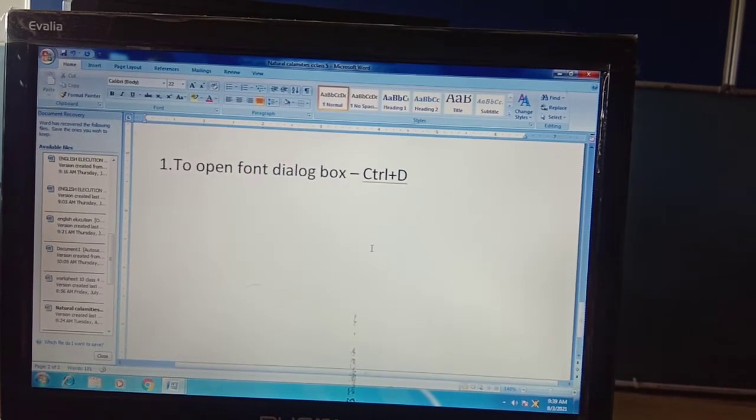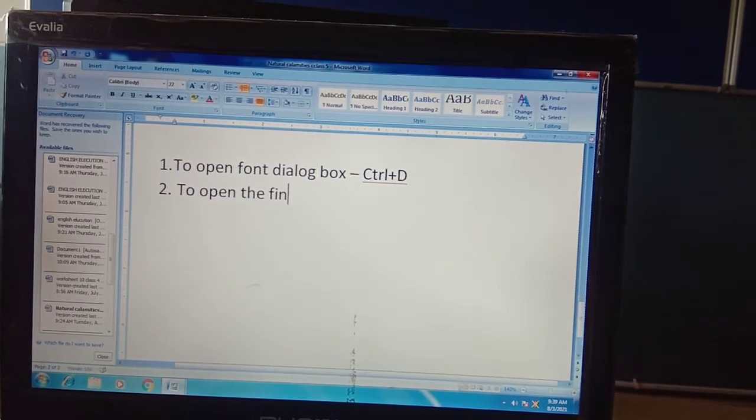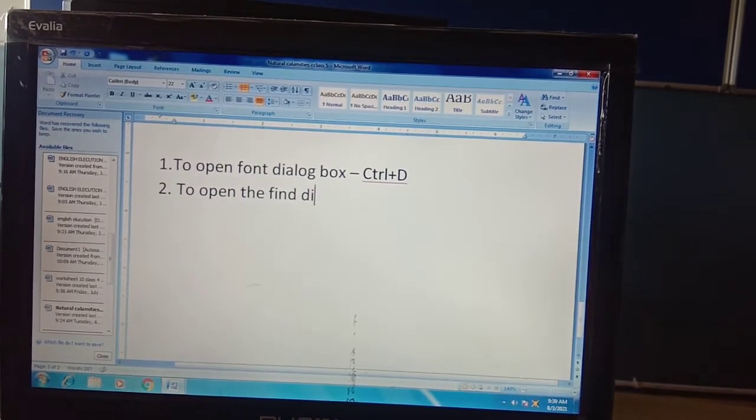So next is to open the find dialog box. That we have learned in the previous video.